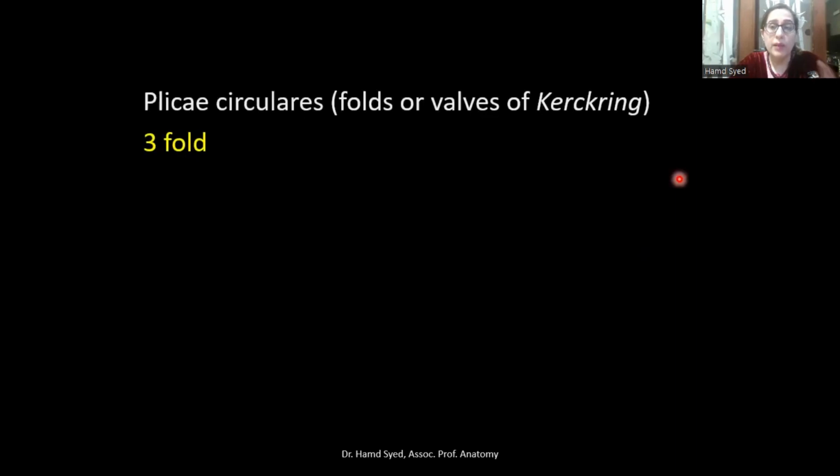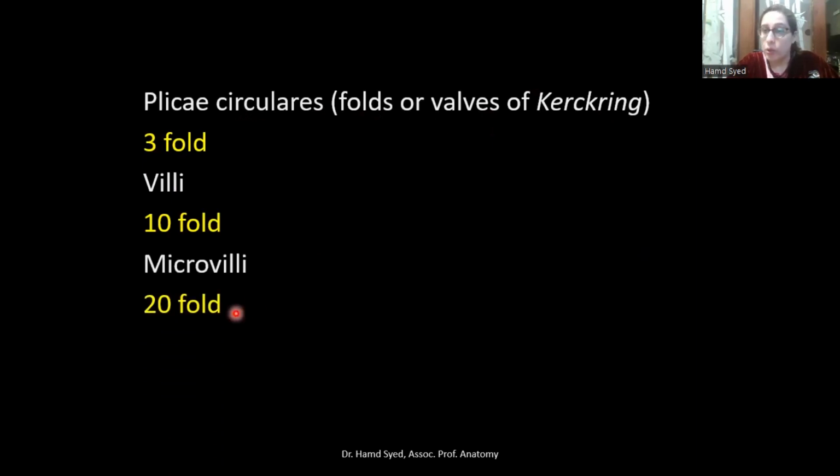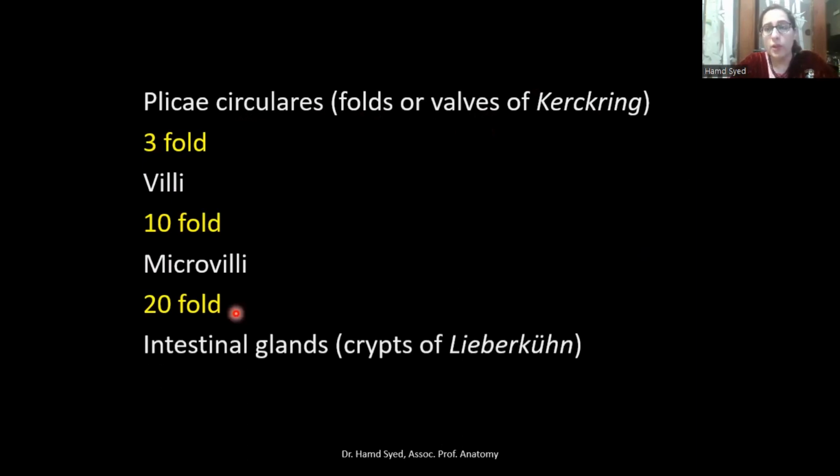So what are these modifications within the small intestine? Well, the very first is the plicae circularis, also known as the folds or valves of Kerckring. They increase the surface area for nutrient absorption about 3-fold. Then come the special modifications known as the villi, and they further increase the surface area about 10-fold. Also present are the microvilli, which increase the surface area for absorption to about 20-fold. There is also an additional contribution to an increase in surface area by the intestinal glands, also known as the